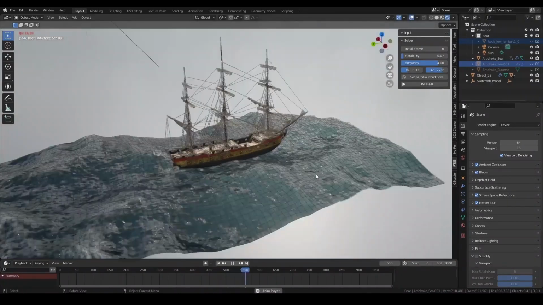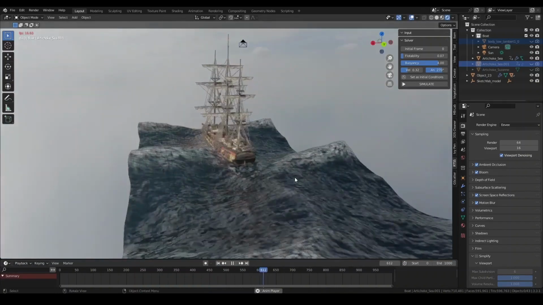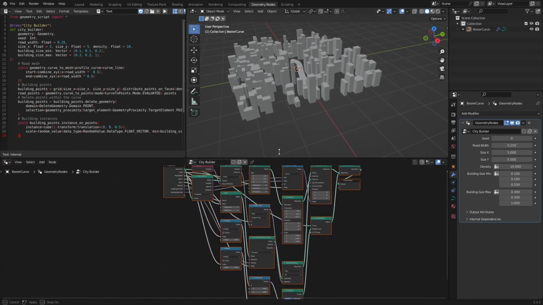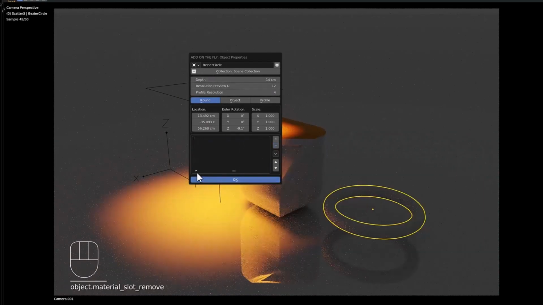Today we're gonna take a look at some of the best new Blender add-ons released lately. There weren't a lot of them in the last couple of weeks. Nonetheless, there is a bunch of them, so in no particular order, we're gonna start with